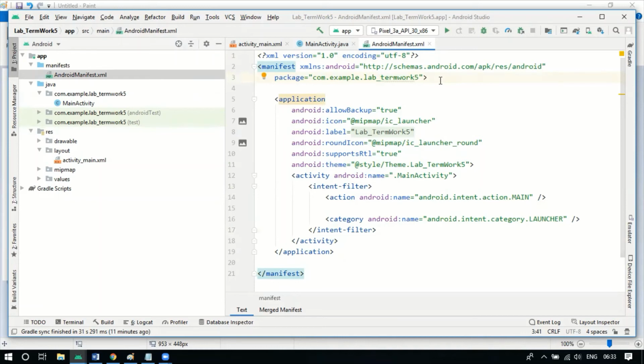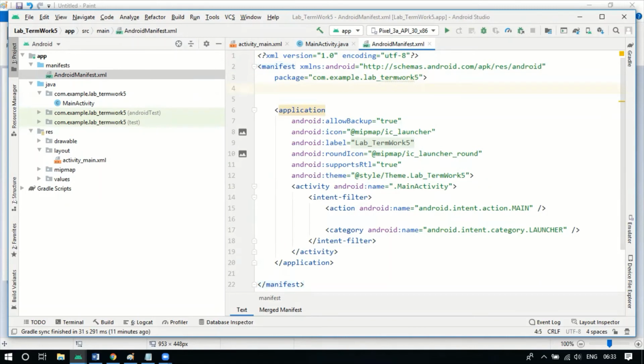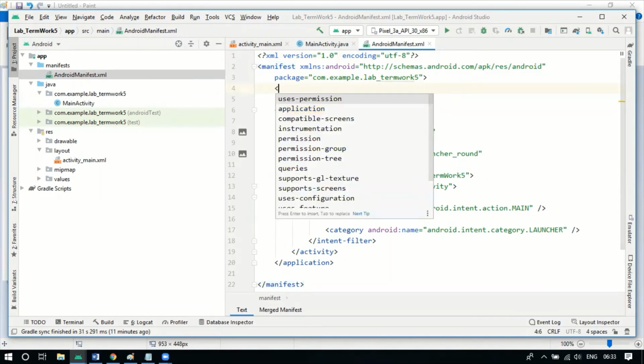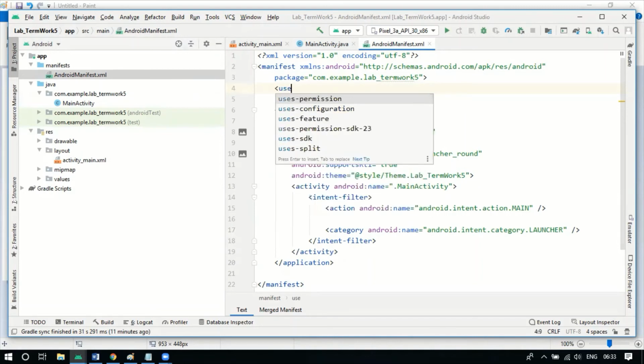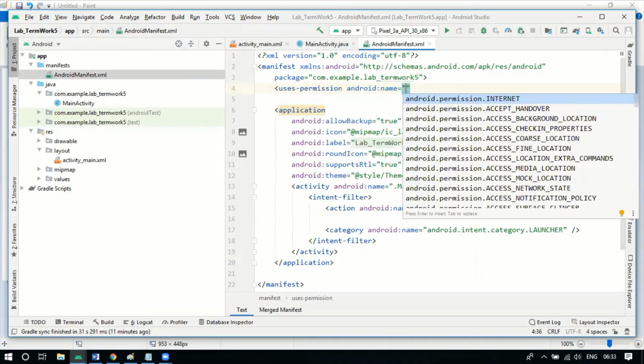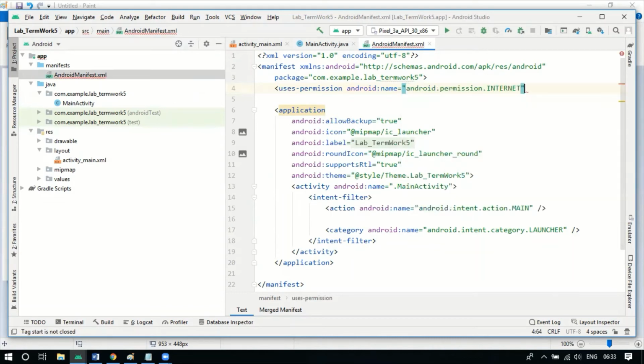So for that you need to type this attribute, that is uses-permission, android:name, android.permission.INTERNET. So this you need to use.